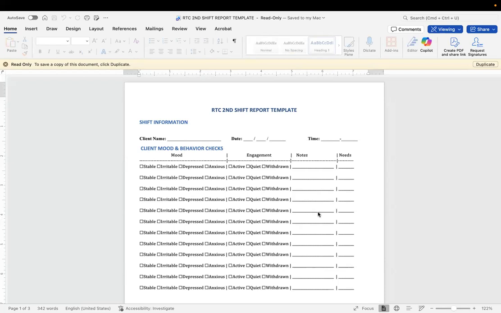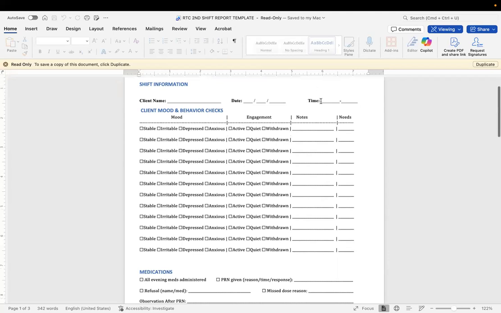Now, I would recommend that you keep it as kind of a running thing in your head or on your clipboard or whatever. I would not recommend you put the client's full name here because it is HIPAA protected, but you could do initials or something that would help you to know. The time would be from like 2 p.m. to 10 p.m. or whatever the shift is. And then this is where I would do it by hour. So, how did you act by hour?